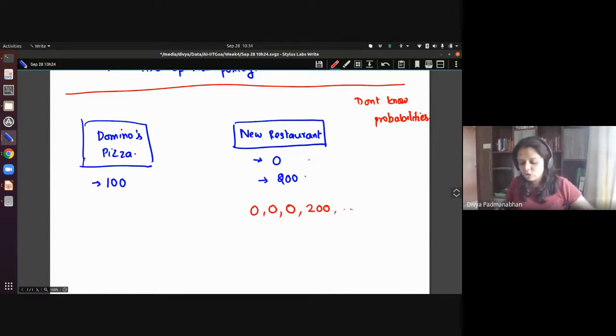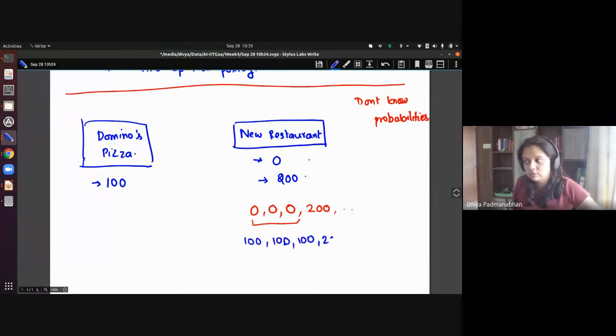So in the process, you're running an experiment. And it's not that every time you'll be optimal. For example, if you look at each of these time steps, for these 3 times, if you had gone to Domino's Pizza, you'd have got 100, right? So overall, this was not the best thing to do. If you look at the overall reward, instead you would have got 100, 100, 100 if you went to Domino's. So the other possibility was 100, 100, 100, 200. So 200 is where the new restaurant was better. So of course, this was the best thing to do. Okay, so